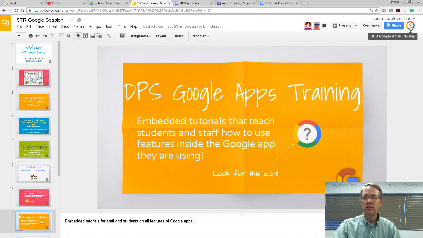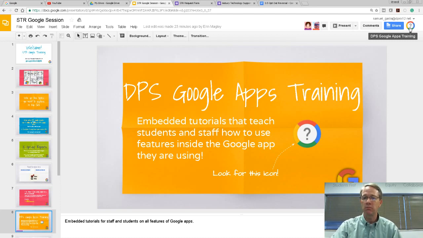So it's great for both students and staff. As staff are coming to you saying, hey, how do I do this, you might want to guide them to that first. Obviously help them, but say, hey, you could be teaching yourself and not have to wait for me to come to your room after school to show you this, by clicking this little circle wheel up here. This should be available to all staff and student accounts. It only works in Chrome though,